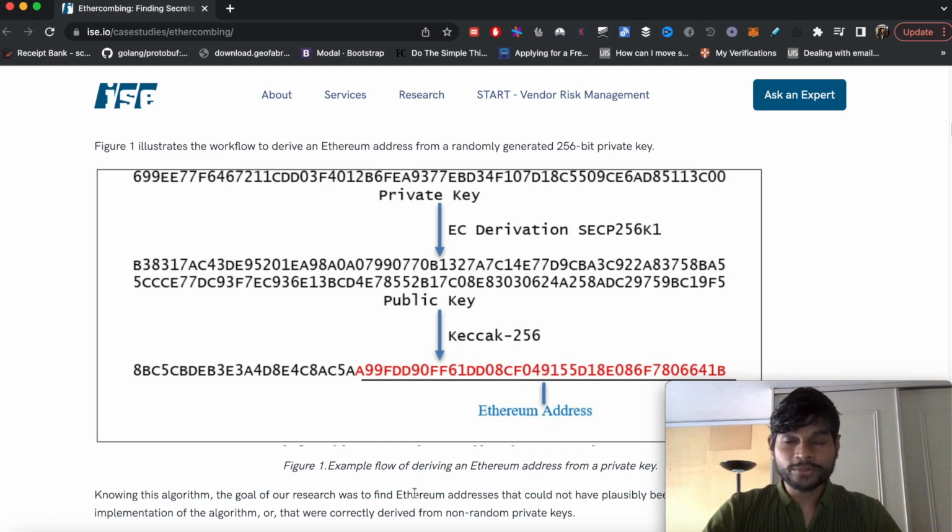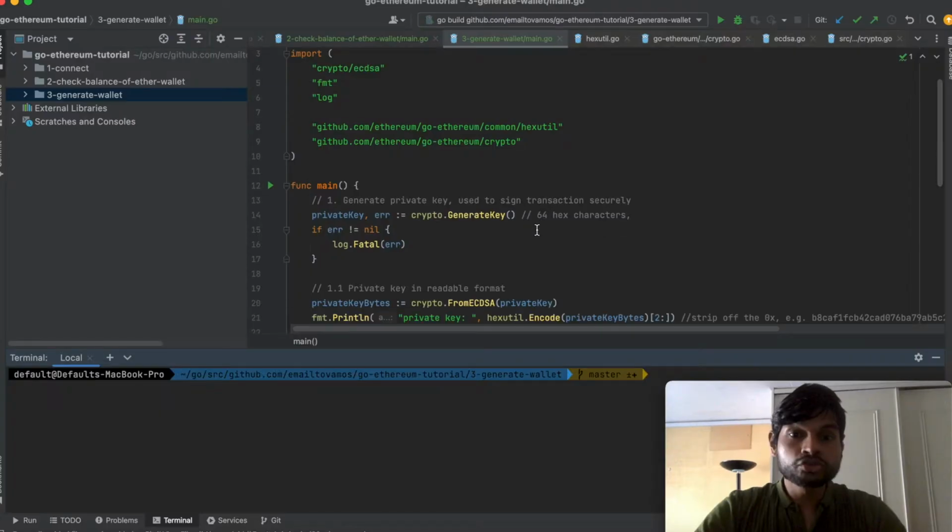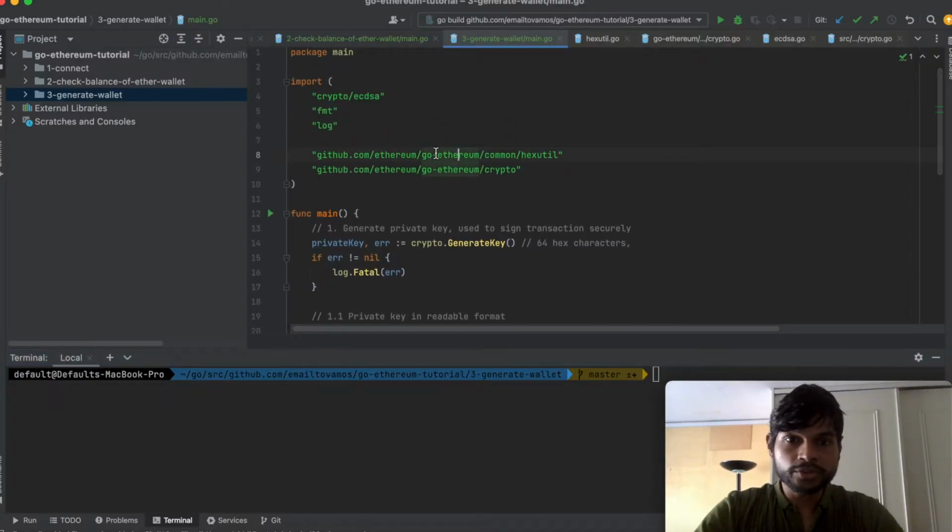Hi, in this video I'm going to talk about how to create an Ethereum wallet using Go. So an Ethereum wallet has three things: a private key, a public key, and the Ethereum address. And I'm going to show you programmatically how to create all of them, what their significance is, and where exactly they're used. So to generate the wallet, we need to import the Go-ethereum's hexutil as well as the crypto